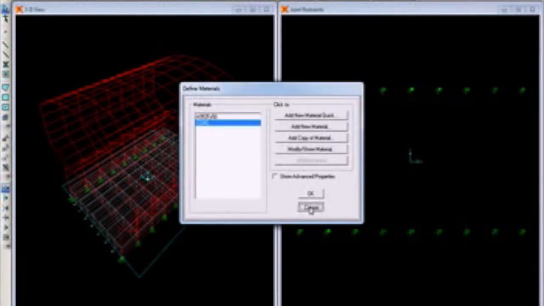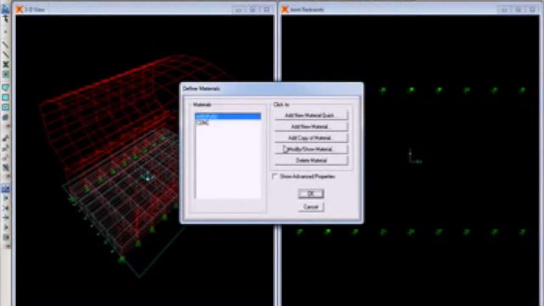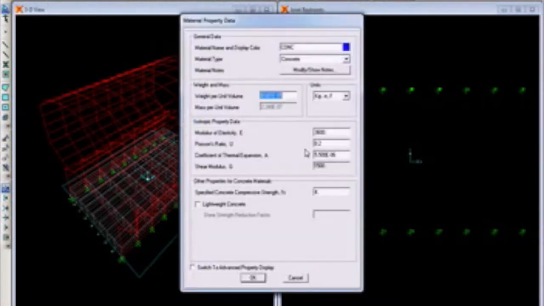So what I'll try to do is cancel, go to kip-inches, and go to define materials, modify, show material. So you can just say it as 3600 here. So it seems to be good. And now we can just say okay.